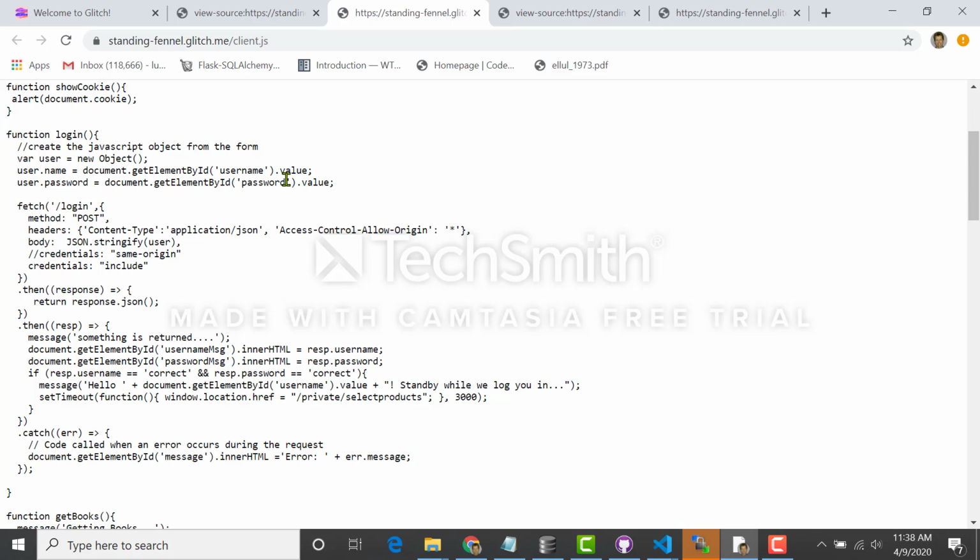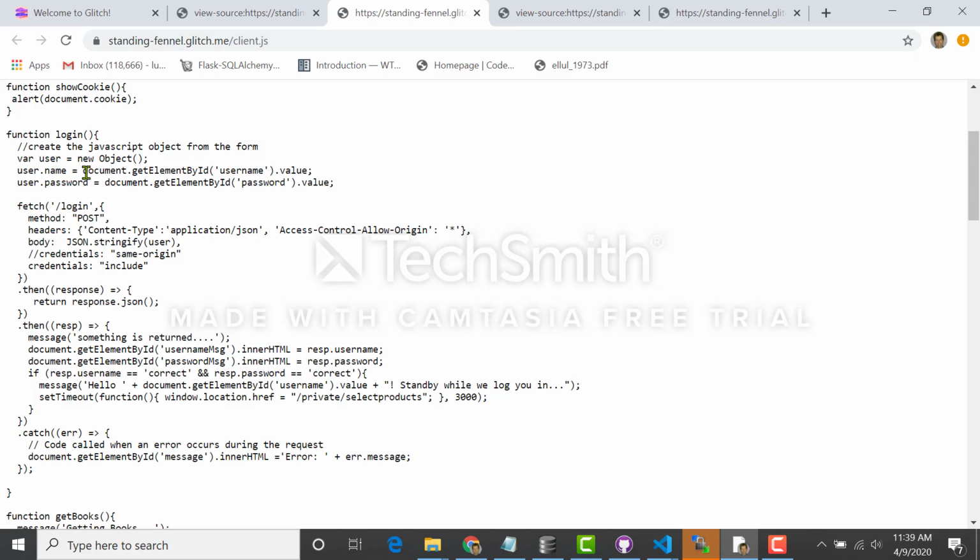What first happens here is that the value that was typed in the username field is gathered here, and actually we first instantiate a user object, just an empty one, and then we add a username property to that user object, and then we